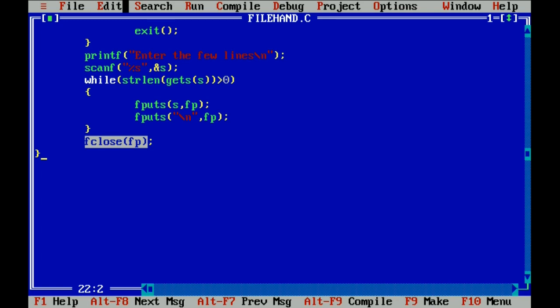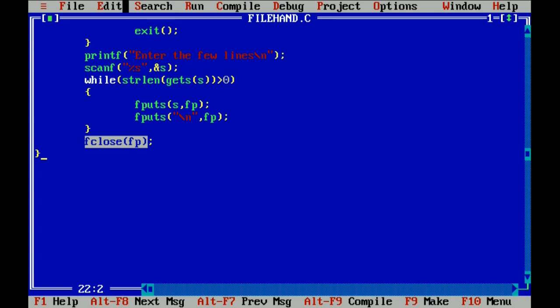Now let us come back to the program. I am declaring the file. This is the file pointer and not a normal pointer. I am going to declare a character called s variable, and I am going to open a file. If it doesn't exist, it will create a new file with the help of the writing mode.